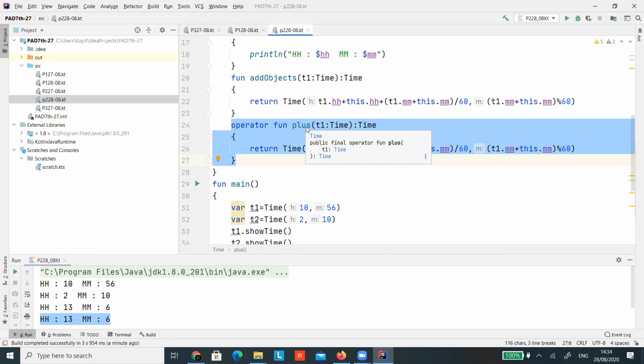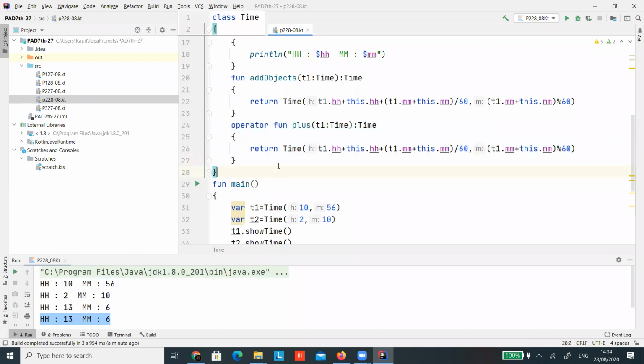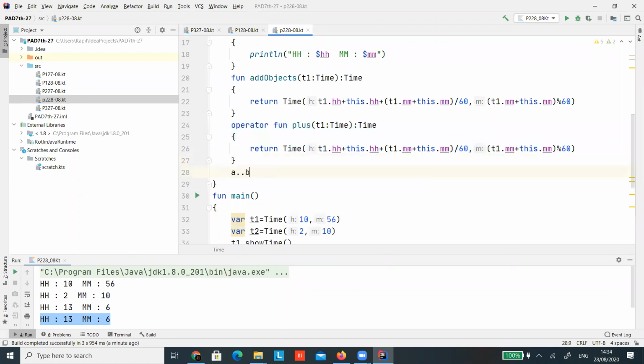Then if you want to multiply, there is a word called times, okay? Then for division, there is div. For modulo operation, there is rem, okay? You can even implement the range operator, which we sometimes write in this way. Yes, everything is possible. So this is just a demonstration of how operator overloading will work.